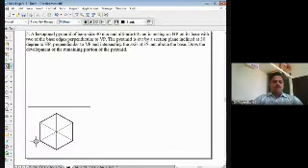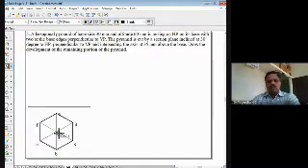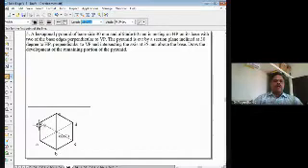So this point you can mark here as A, this point is B, this is the point C, this is the point D, this point is E, and this is the point F, this is the point O, in the bracket O1. Now we'll go for drawing the front view, right? We'll select front view and project it to the XY line first.